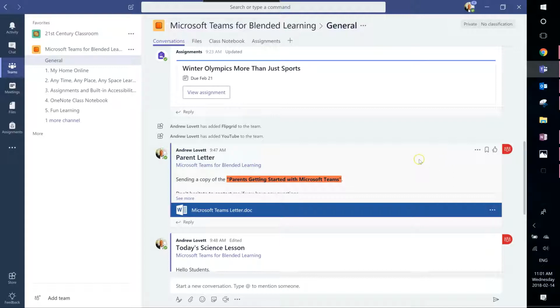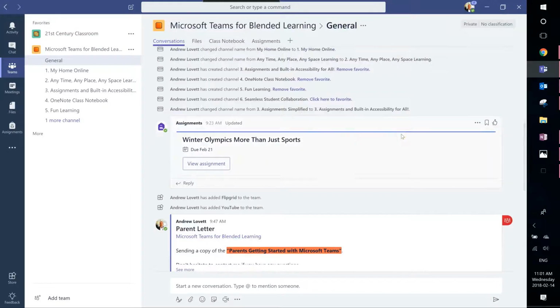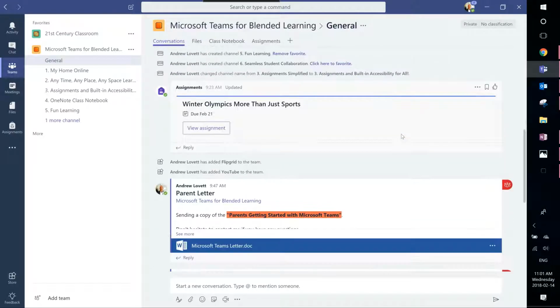Before we get started, a brief word on what Microsoft Teams is. It's a chat-based environment, so it's very 21st century. It speaks to today's learner. It looks and acts a lot like some of the social media platforms students use, and it's really user friendly. If we take a look at the structure of Microsoft Teams, up here on the left